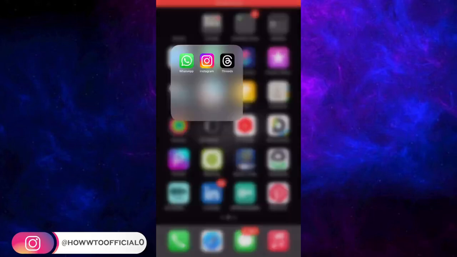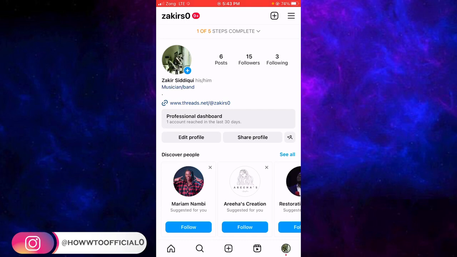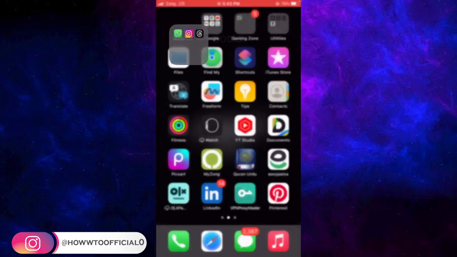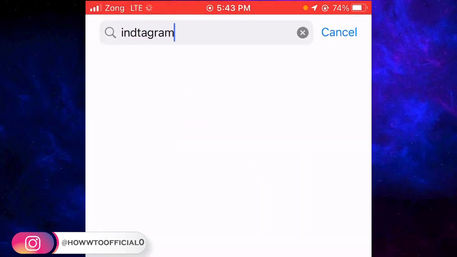So without wasting time, let's directly get to the point of how you can make your Instagram account completely private. For that purpose, you first of all have to open up your App Store if you are on iPhone, and you have to open up your Play Store if you are on Android. After opening the App Store or Play Store, go to the search button and search here Instagram and hit the